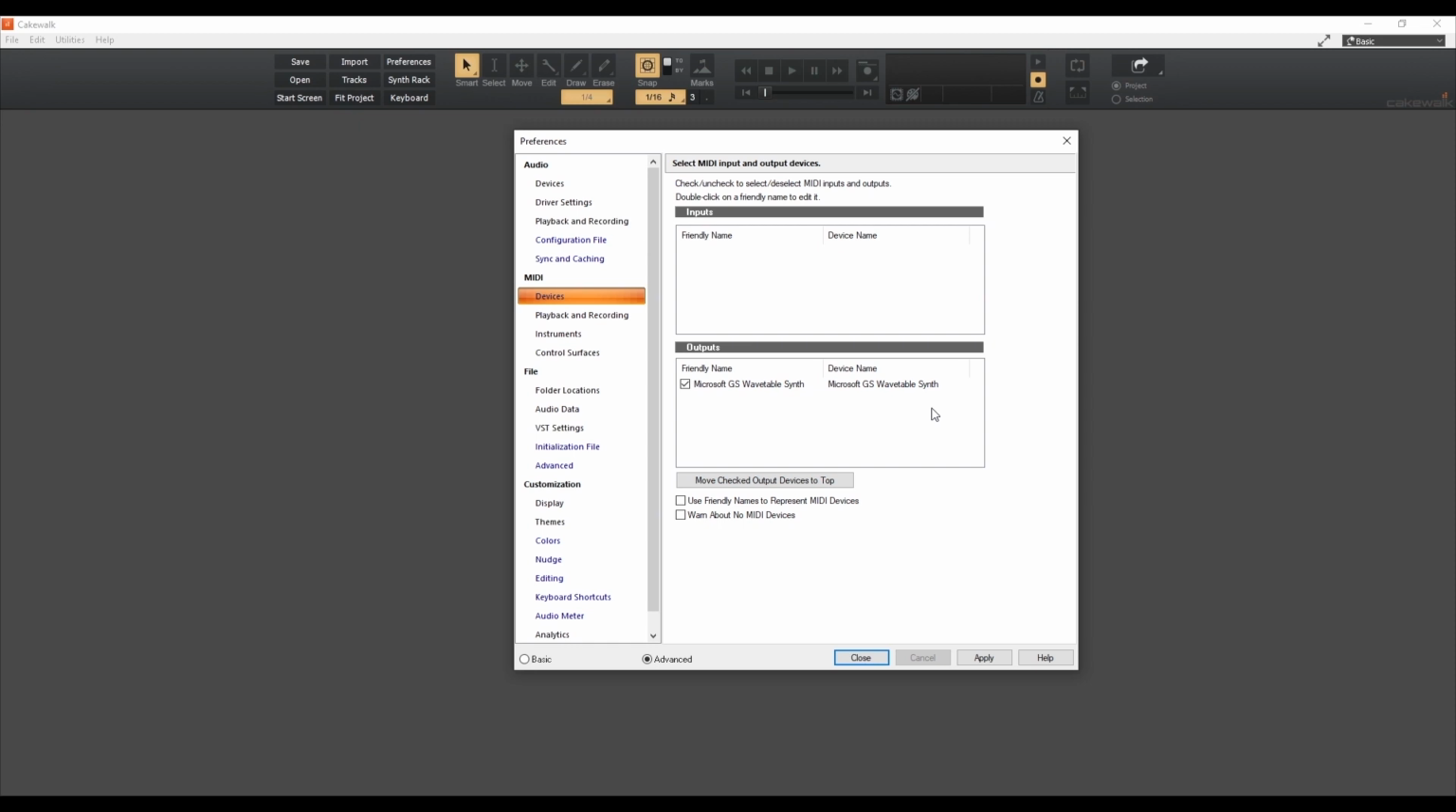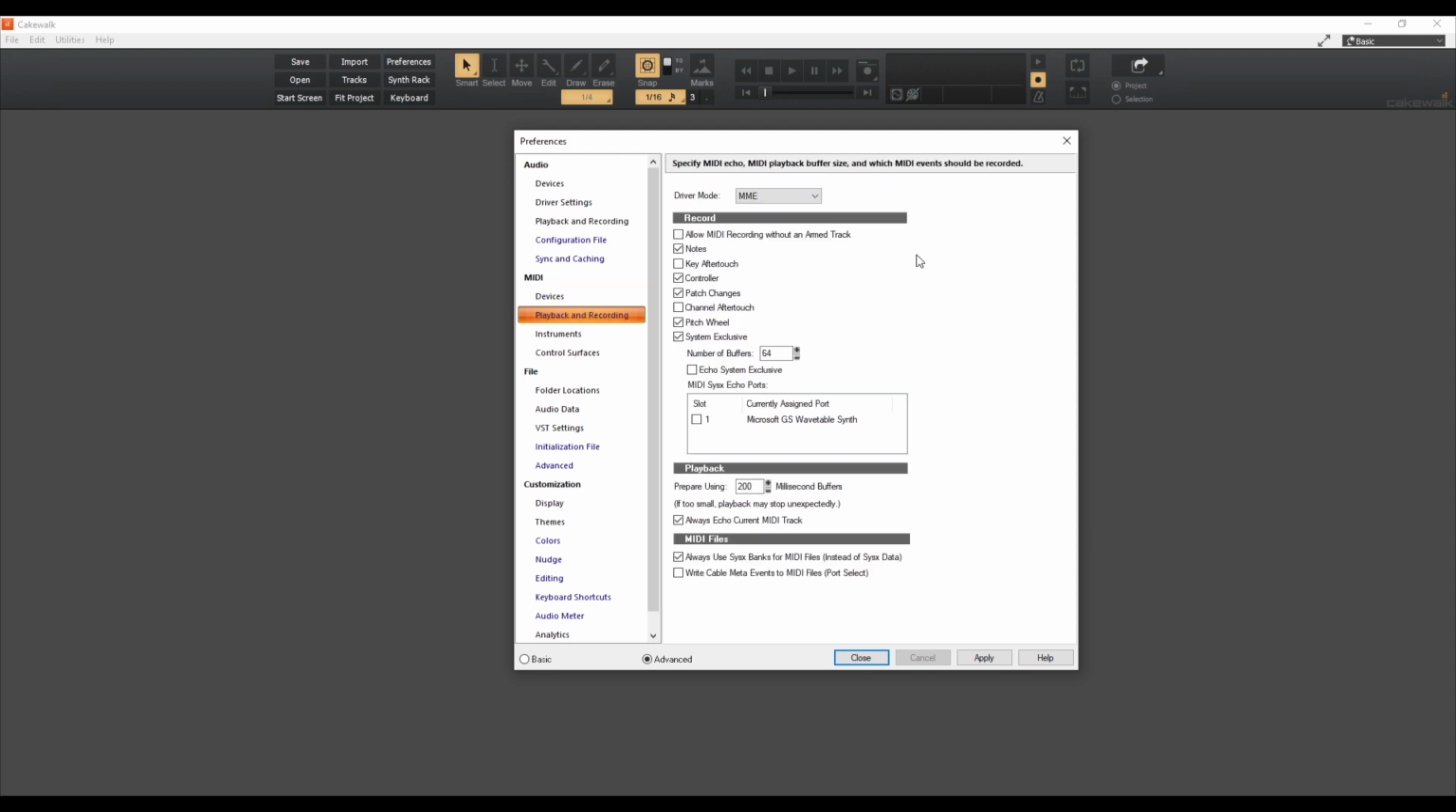Plug and play. And when you have a plug and play device, which a lot of things are now, you pop them in, the driver will install, you're good to go, and then it will be read by the Cakewalk MIDI device reader. Now in MIDI playback and recording, our driver mode, as you can see, we have two different ones, MME and UWP. For specific MIDI echo, MIDI playback buffer size, and which MIDI events should be recorded, we're going to get into this section. Now, these settings, again, are all by default, which is super great, but I want to go through them